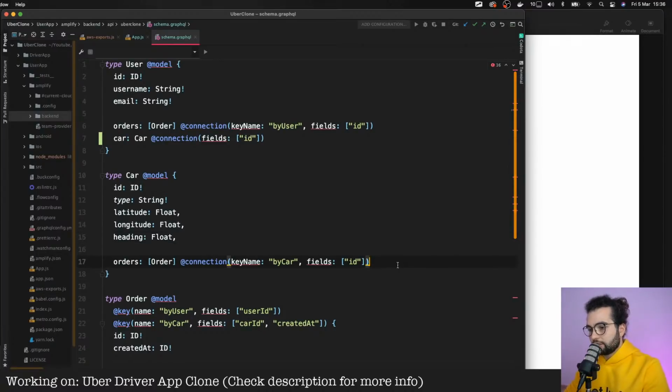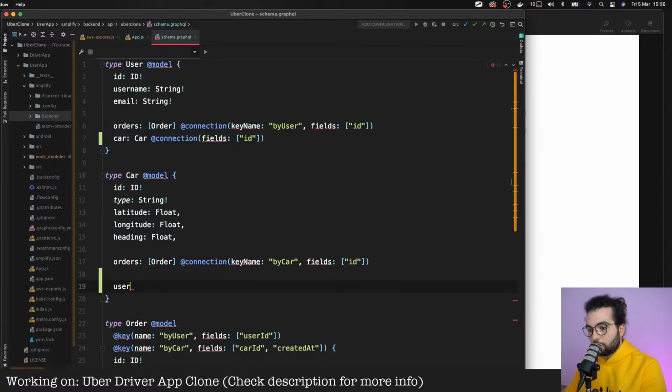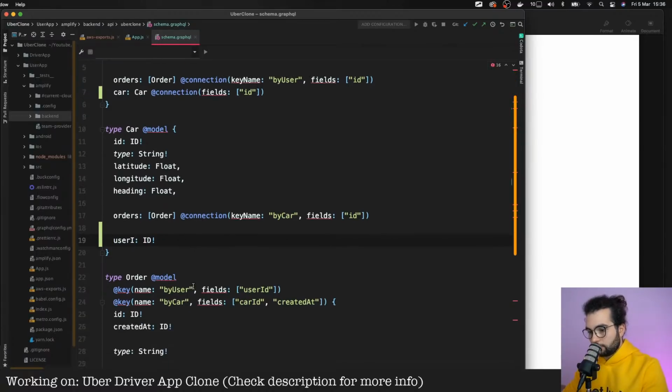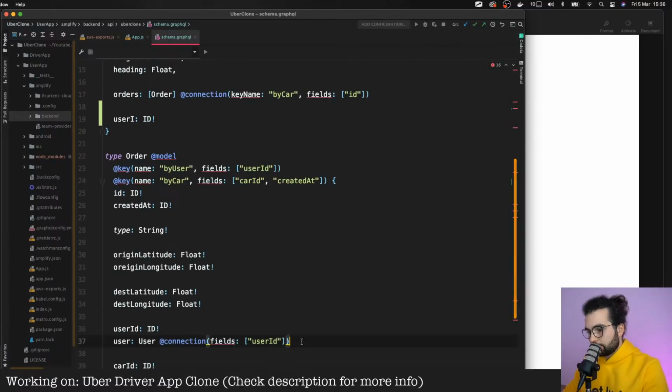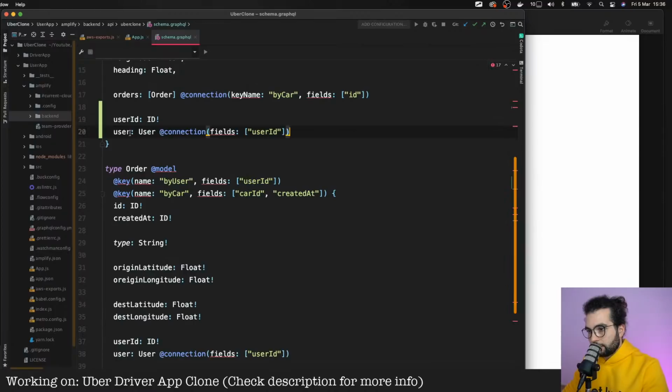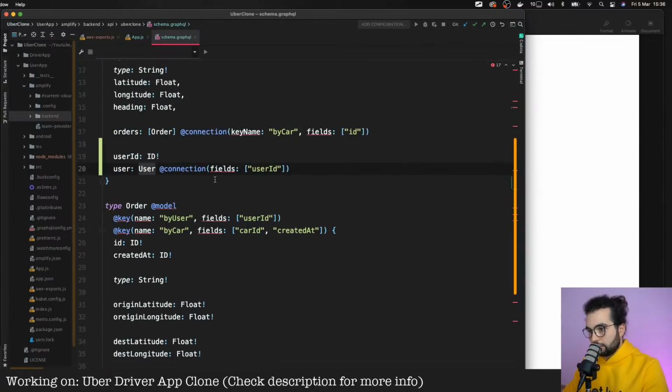And we'll just have a normal user ID here representing who is the user of this car. So user ID will be a required ID. Something like this, user ID. And a user will be a connection with fields user ID.